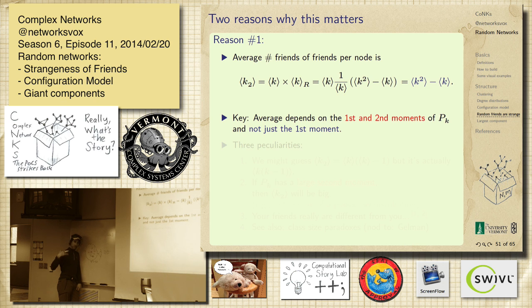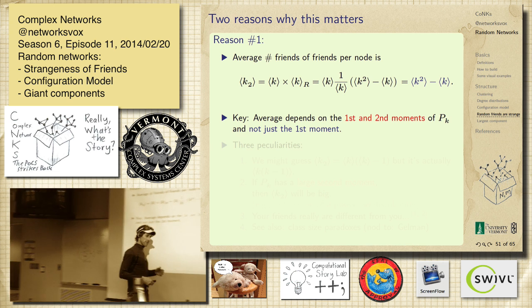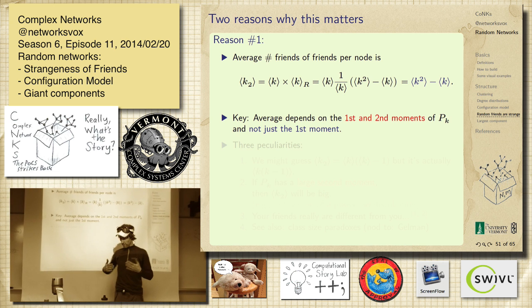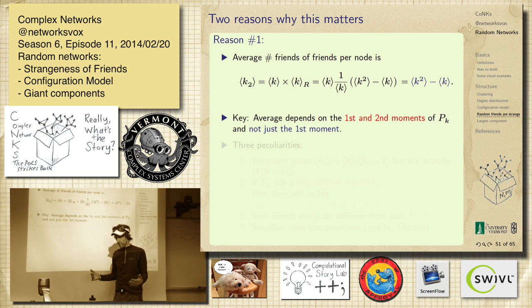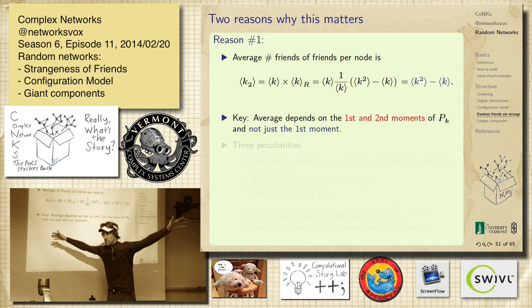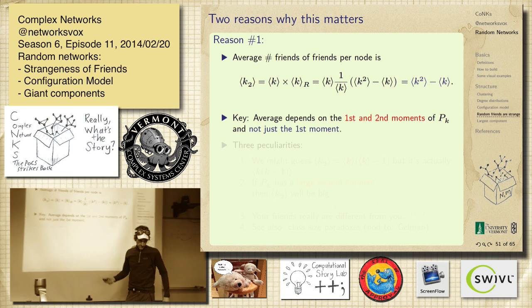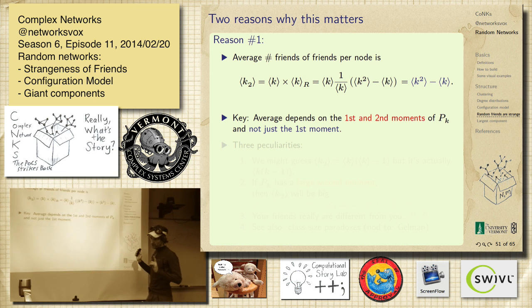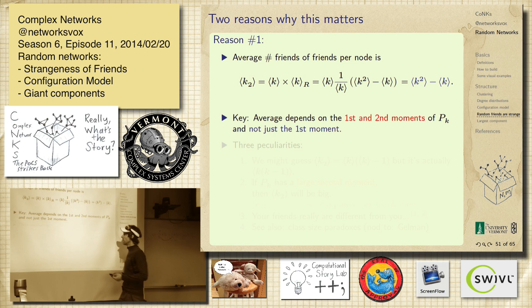So if you have a distribution with a really big variance, then that starts to come into play very quickly in terms of how the network is structured. Say it has an extremely large variance. Maybe on average people have 5 friends. But if the variance is enormous, then it just blows up immediately. All right, so it's not just the first moment. You might think, okay, well, it's in here.